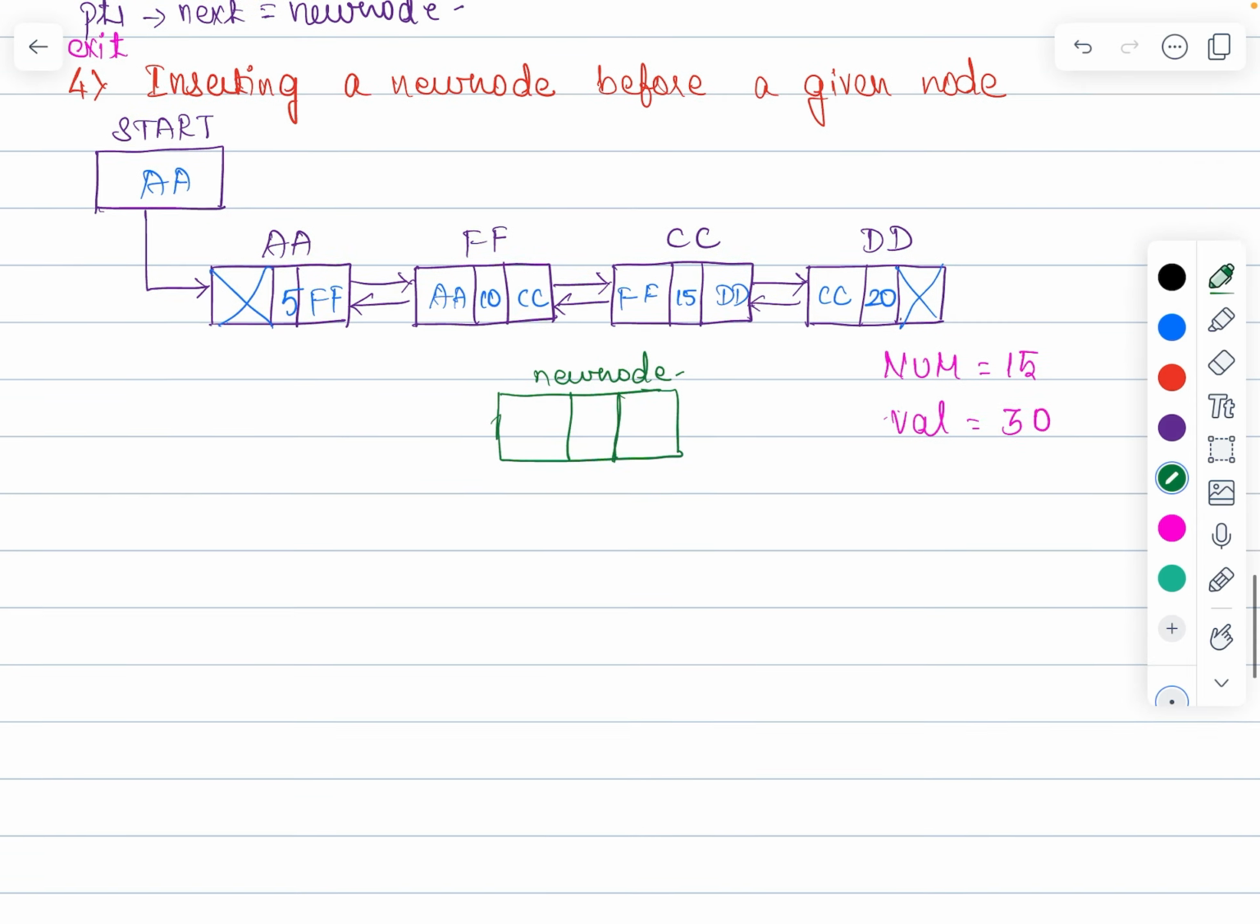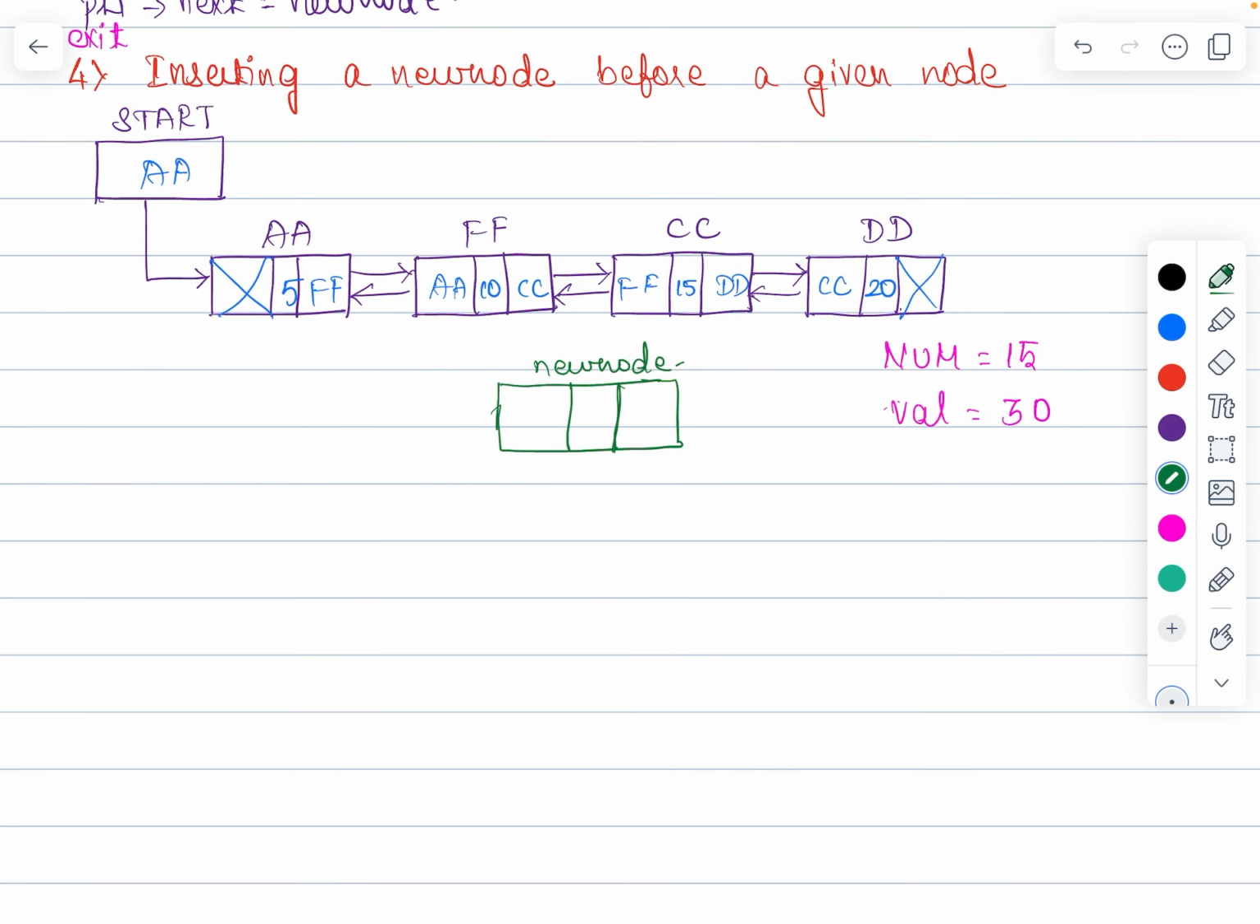Let's start writing the pseudocode. We can directly fill new node's data field, right? So directly it can be written that new node's data field equals, in the place of new node's data field I can write the value which I want to insert, which is 30. Fine. Now we need to fill new node's previous field and new node's next field. Since I want to place it between FF and CC, FF's next field and CC's previous field